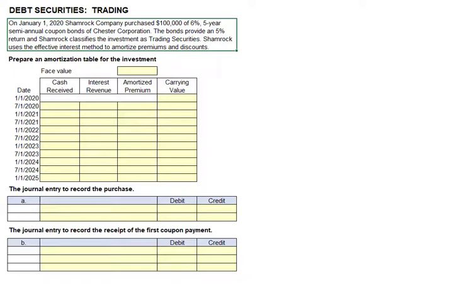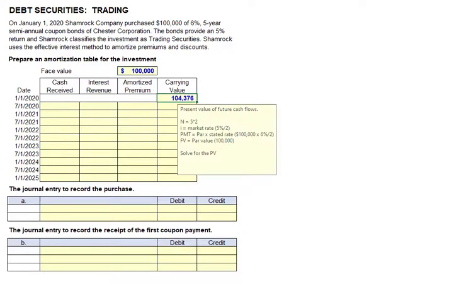First thing we're asked is for the face value, which we're told is $100,000. And we need to calculate the carrying value or the purchase price at the time we bought the bonds. And again, semi-annual. So N will be 10. That's the 5 years times 2 because it's every 6 months. We take the 5% market interest rate and divide that by 2. Our coupon payment will be that stated rate of 6% times the $100,000, which would be $6,000 a year, but it's semi-annual, so $3,000. And again, we enter the $100,000 as the future value for our bond,